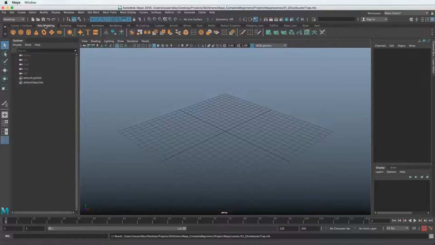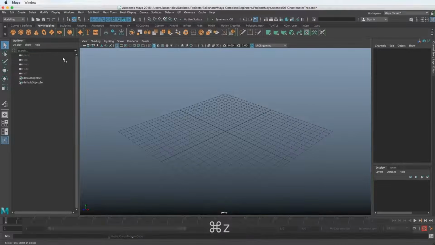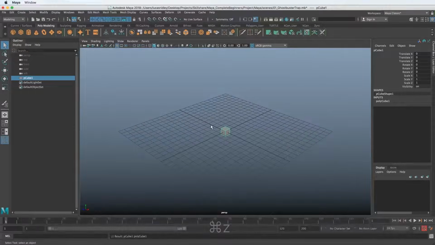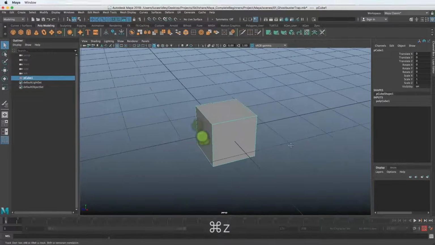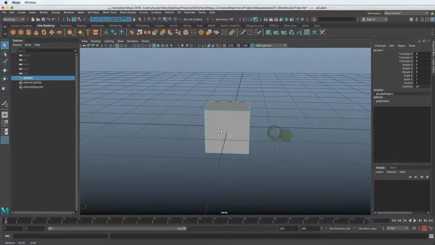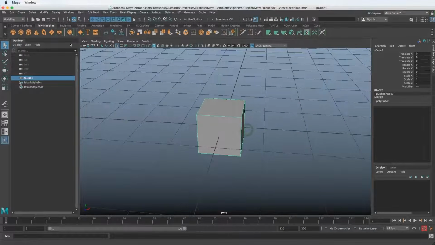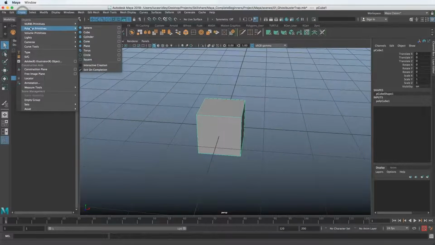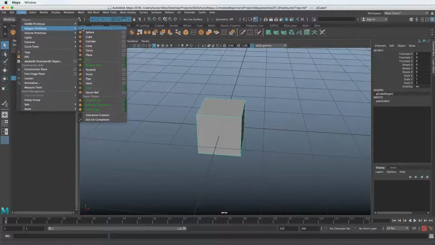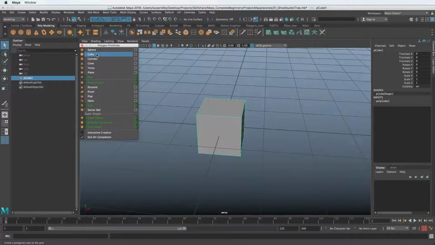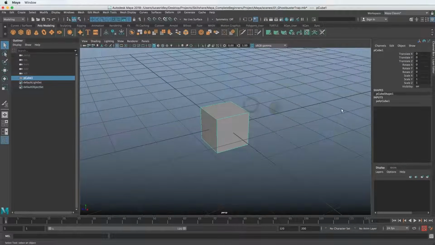So let's create the rectangle. We can click this rectangle right here and zoom in by right-clicking and holding down Alt, and left clicking to rotate around, if you remember. We could also create that by doing the polygon primitives, and we could pop this off if we wanted to and create a bunch of these cubes. That's another way to do it. But now that we have this, we can go over to our channel box here, and we can see we have a polycube 1. And we can see it's called pCube1 here, and it's also called pCube1 here, and it's highlighted, so we know this is what's highlighted.